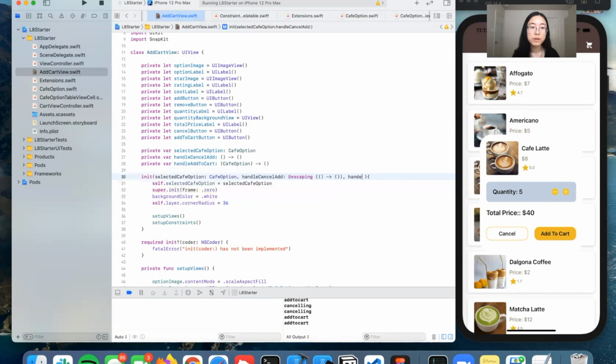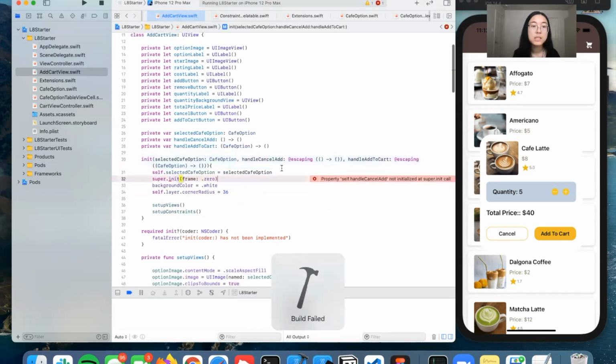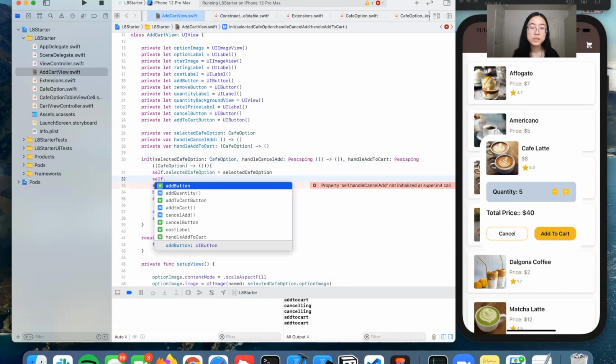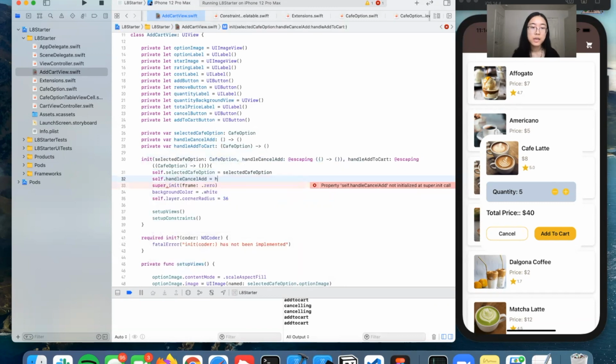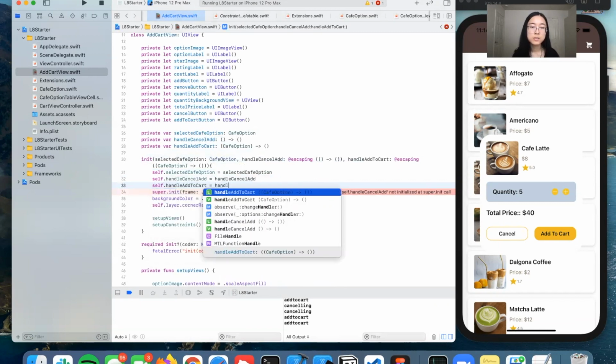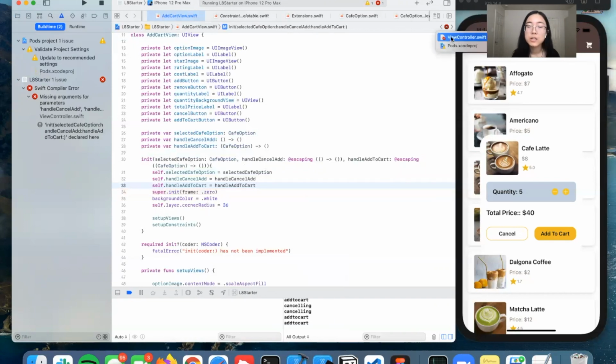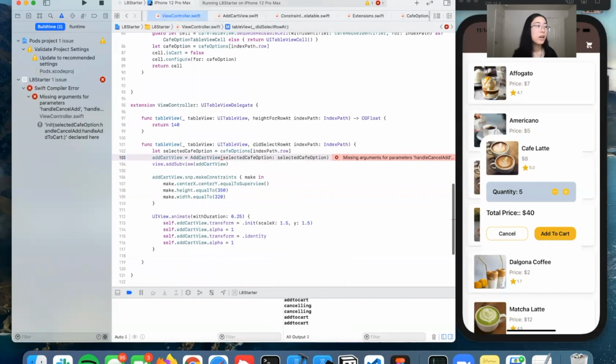And then I'm going to have to do one for handle add to cart of escaping. And we're going to do cafe option to void. So just make sure I didn't mess up any parentheses. No, okay. So now I'm just going to do self dot handle cancel add equals handle cancel add, and self dot handle add to cart equals handle add to cart. So now if you build it, it's going to yell at you because in your initializer you didn't add these